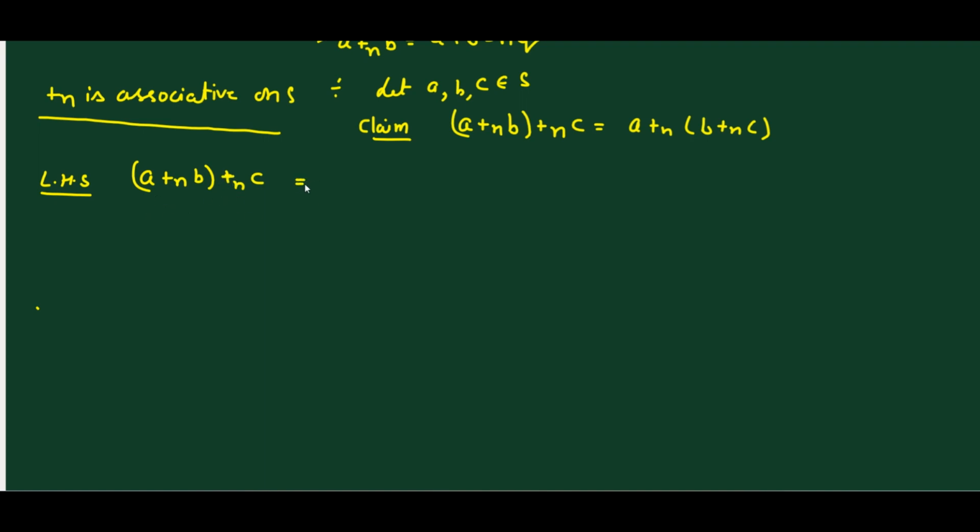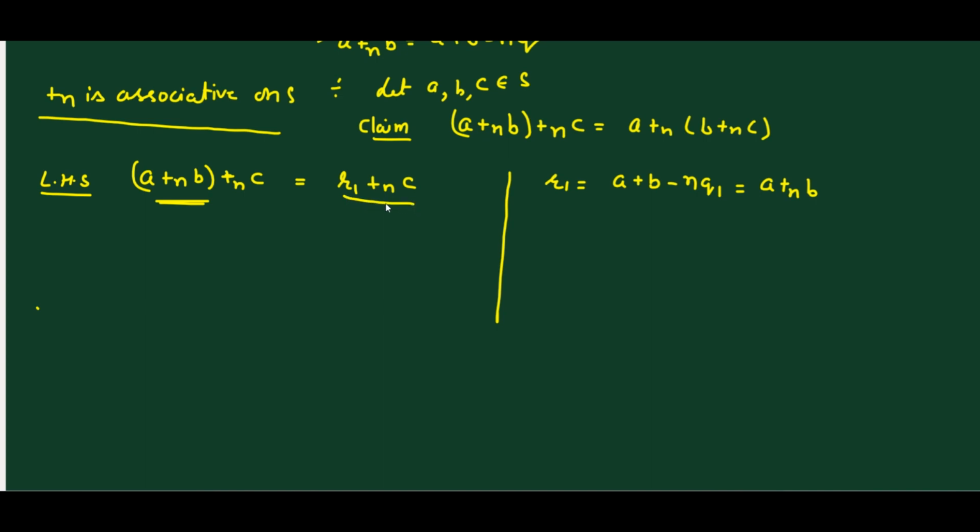So this is, replace this by r1, where r1 is the remainder when a plus b is divided by n. So you can write this as this, where q1 is the quotient when a plus b is divided by n, and this is nothing but this. Okay,